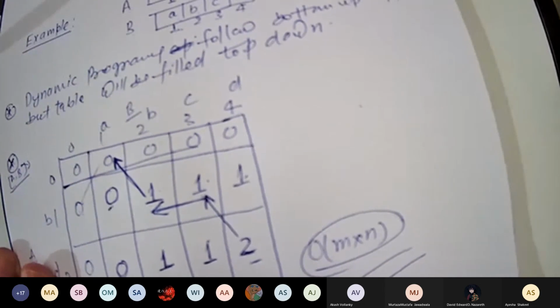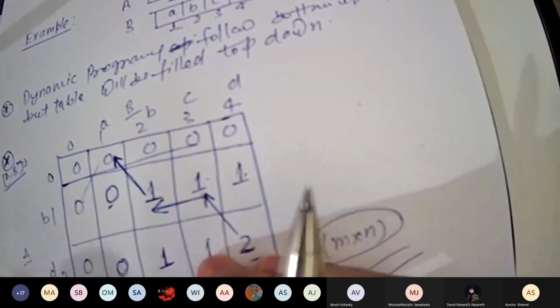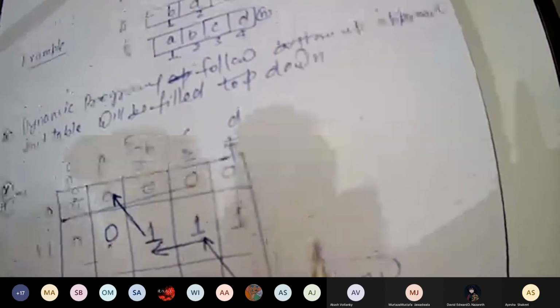Okay, so I'm just giving one question. Try to solve it, make the table, tell me the longest common sequence after making the table and send your answer in the chat box.